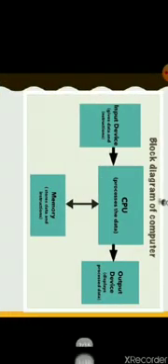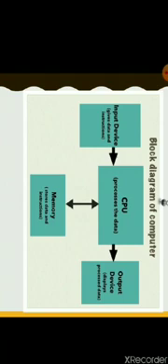So dear students, we know that a computer is an electronic machine that works according to the instructions given by us. It has the ability to accept data, process it and give useful output. We can also say that a computer is a machine that follows the input, process and output cycle. This is the block diagram of a computer.